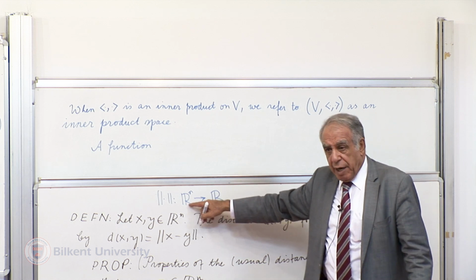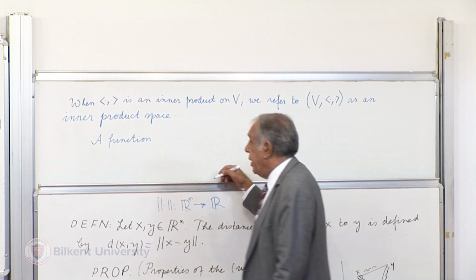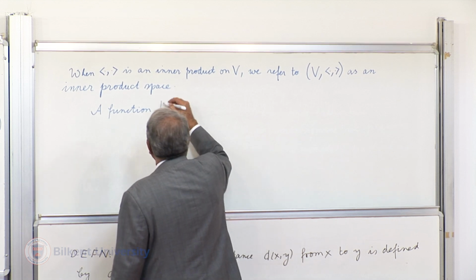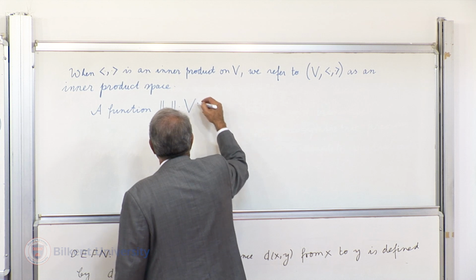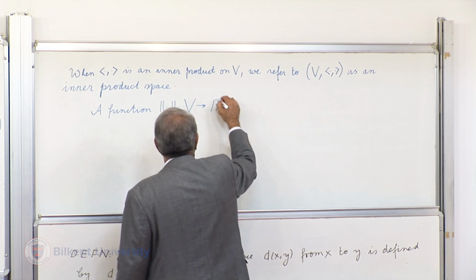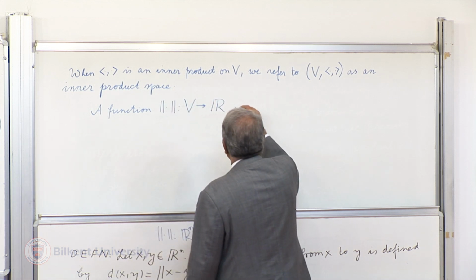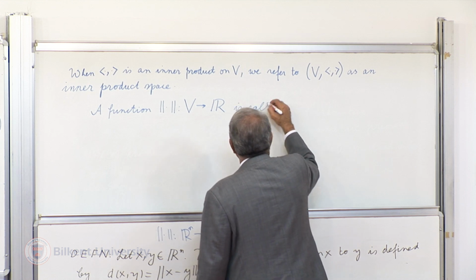This will now be replaced by a real vector space V. Now I will use the same symbol on V with values in R is called a norm